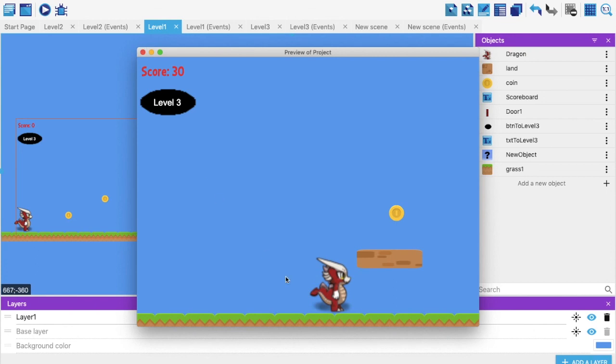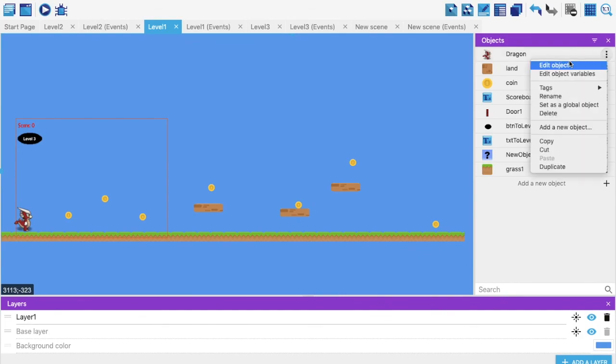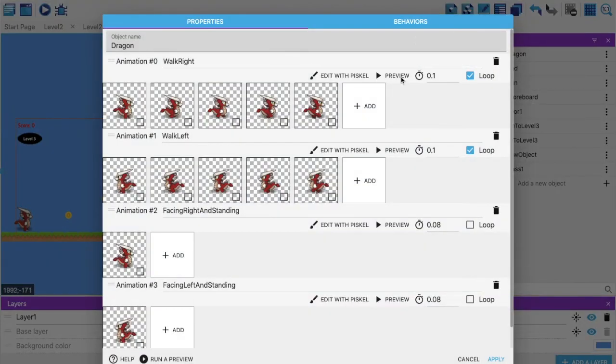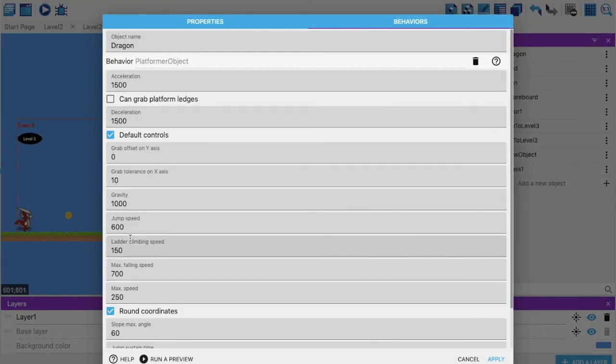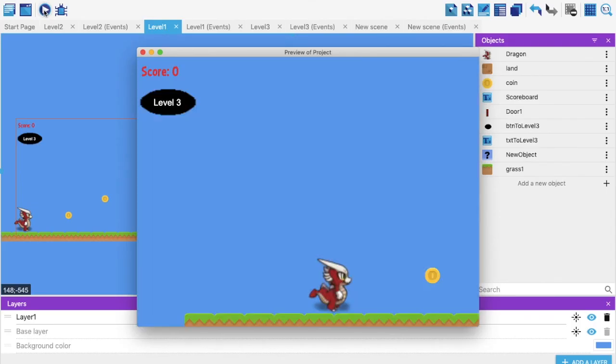So you can always increase the jump speed for this character. I'll show you how. Just go to dragon, edit object, go to behavior, and just increase the jump speed to, let's say, 100 or 1000. So let's say 800, and apply, and let's see how it looks.